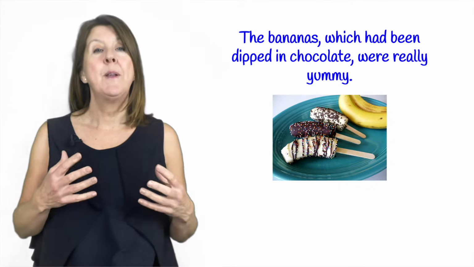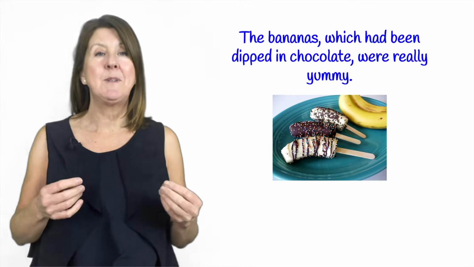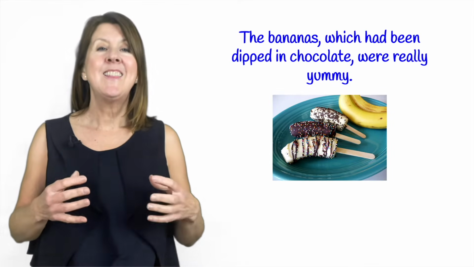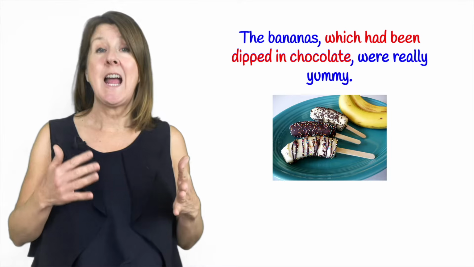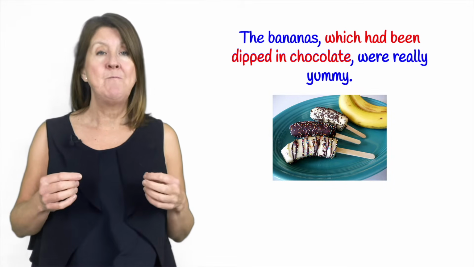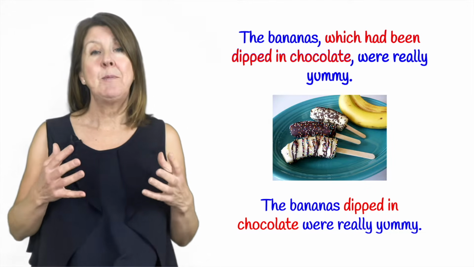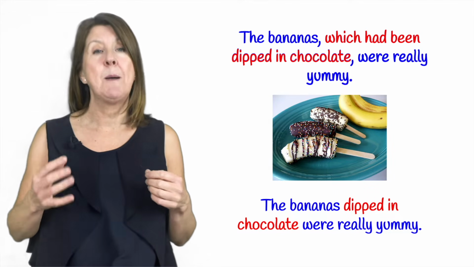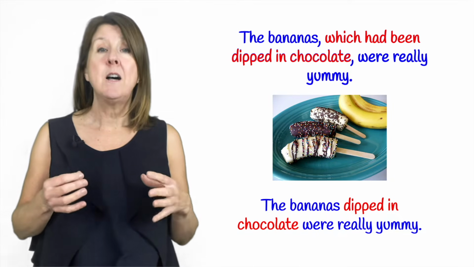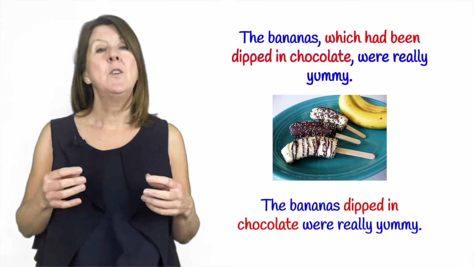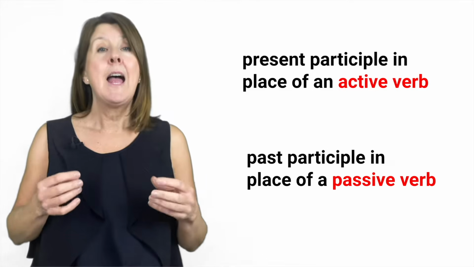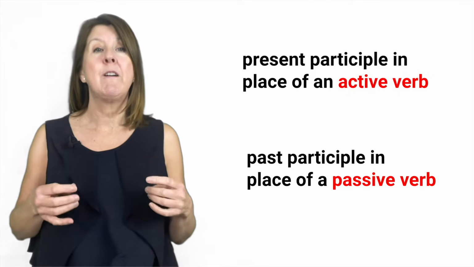Or, the bananas which had been dipped in chocolate were really yummy. Here the relative clause is which had been dipped in chocolate. It can be reduced to the bananas dipped in chocolate were really yummy. And this is an example with a past participle. We use the present participle in place of an active verb and a past participle in place of a passive